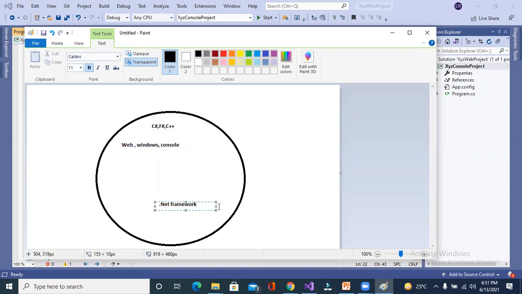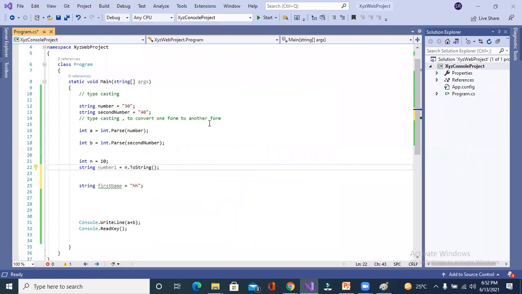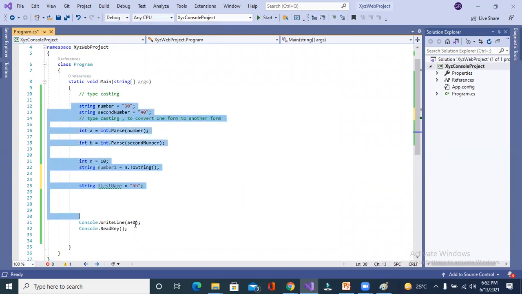I will show you all the inbuilt classes, these things in a later class. But one thing more I am asking. Shilpa, which programming language are we using now? C#, sir. Right. We are using C#. We are not using F#. These things we are not using. We are using C#. These are the syntax of the C# programming language. Got it? Yes, sir.